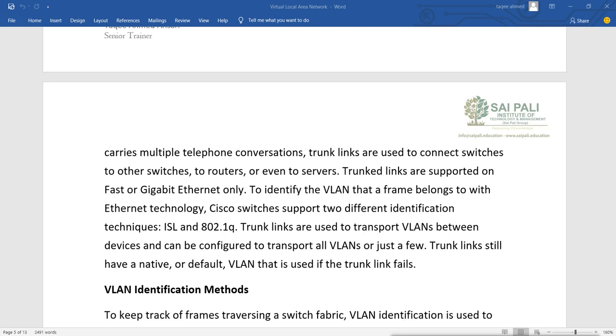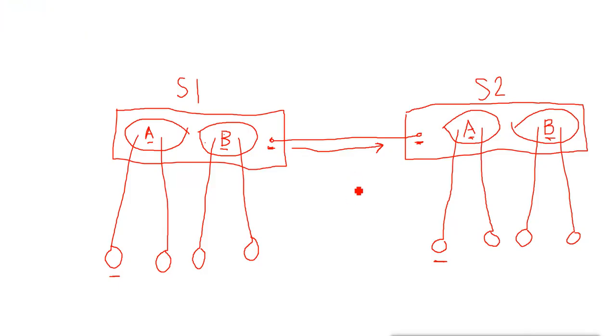Otherwise, if I wanted to do it the simple way, then instead of connecting this, I would use one port from this VLAN and connect it to this VLAN. I can do this also. That means whenever this machine sends any data, it will go to this port also, and from this port it will reach the other switch, and then reach this machine. But doing this is a problem, because if you want to connect VLANs one-to-one,